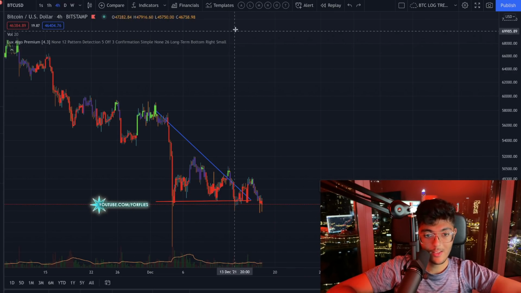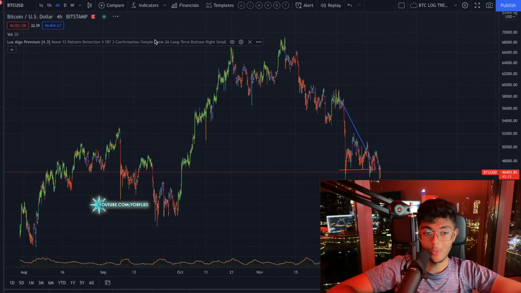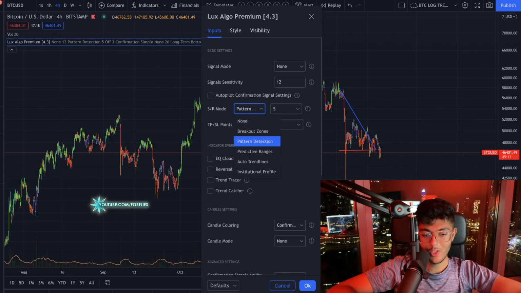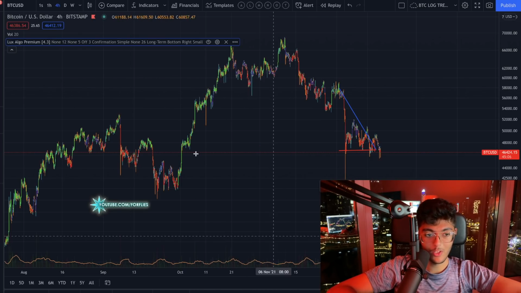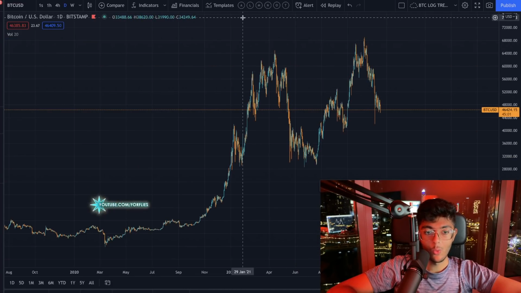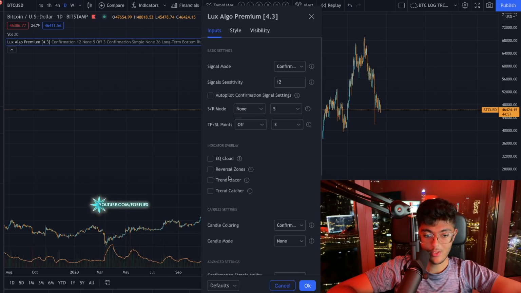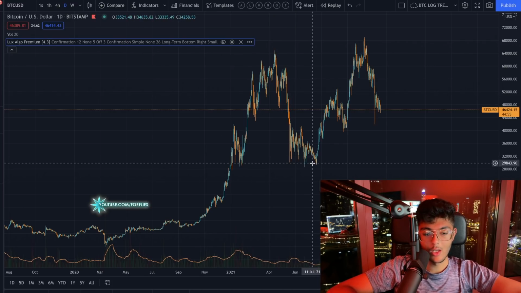And it's just those kind of things which this indicator can help you pick up on, because it's got so many different features within its tool set. One of the other things that's quite useful is if we just switch this off and look at reversal zones and zoom out on the chart a little bit, we can start to get an idea of where this market wants to start reversing, where it's getting a little bit overextended, which is essentially a more